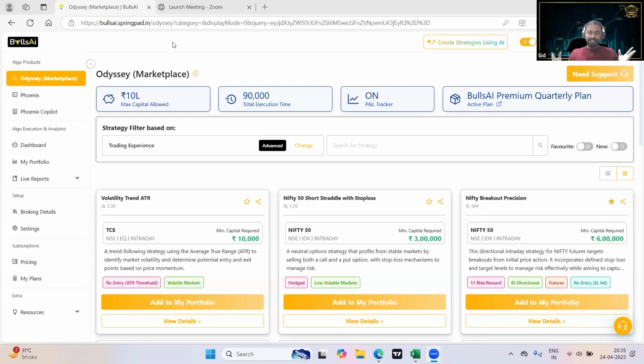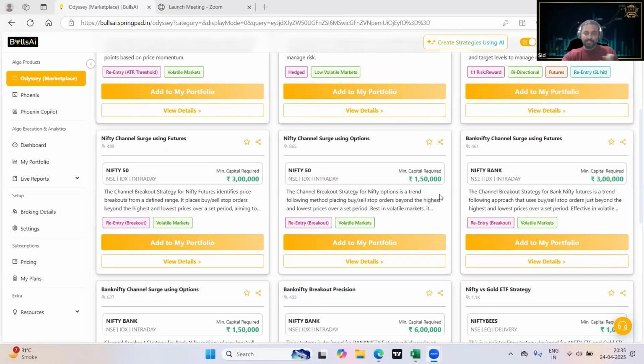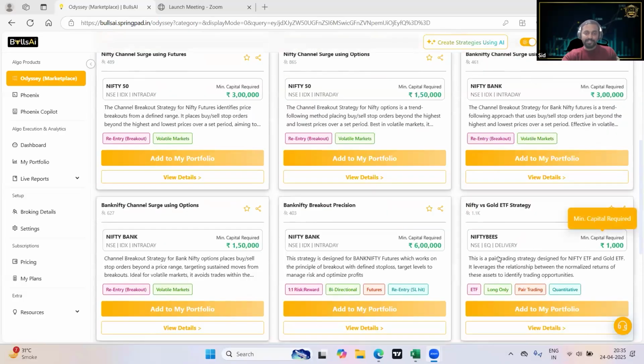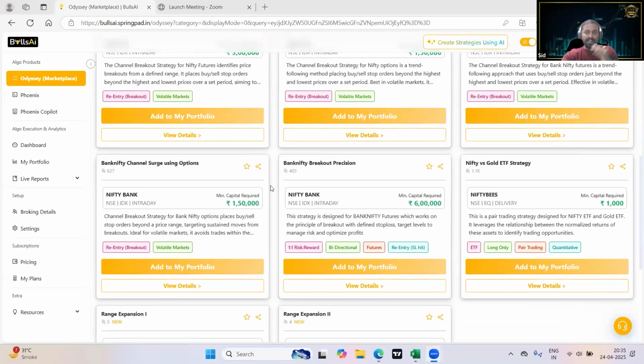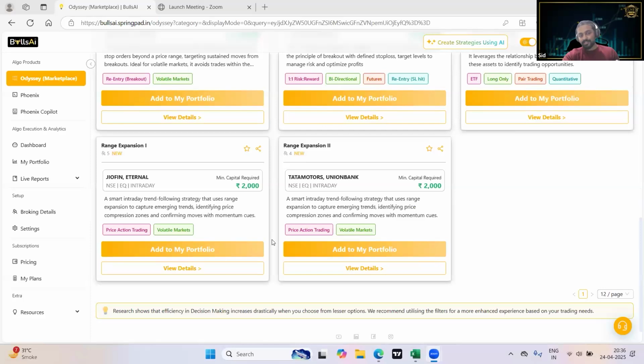So this is how the BullsAI platform looks, right? All of you have used it previously as well, and this is the Odyssey where all the strategies are listed. Previously, you might have noticed these 9 strategies with descriptions and different information. Now going ahead, if you go onto BullsAI, you will see 2 additional strategies: